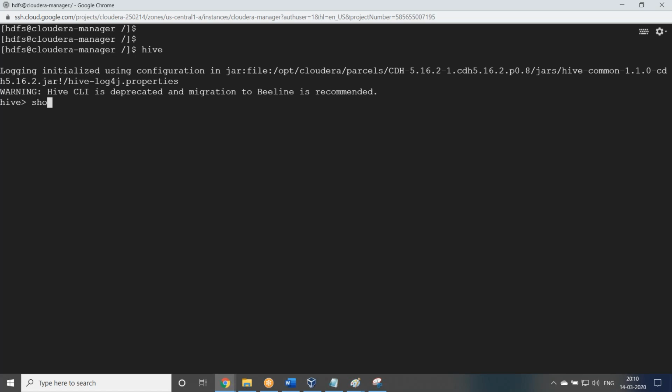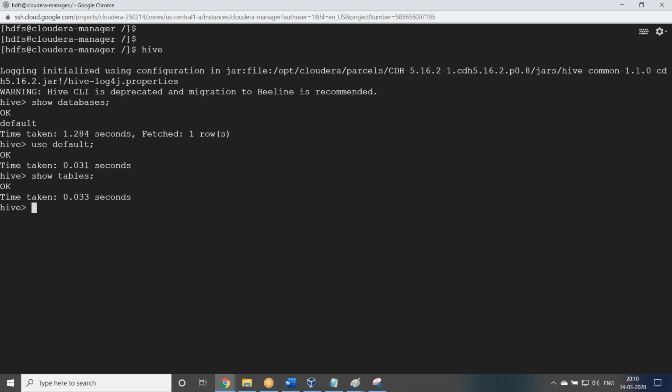So you can run some sample command, the show databases command. If any databases are there, we have a default database. If you want to use the default database, use default. So the terminal will change to default. So now show tables.